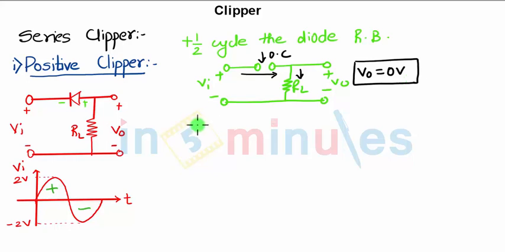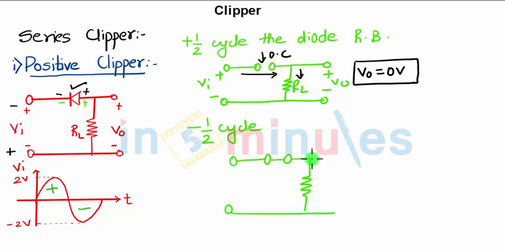Now the second case, that is the negative half cycle. What will happen in the negative half cycle? Here we will have the negative part of the input connected, positive terminal over here, negative over here and positive over here. So negative and negative will forward bias this diode. Since the diode is forward biased, the circuit will look like this. The diode is short circuited, you have the load resistance, the input and plus minus VO.